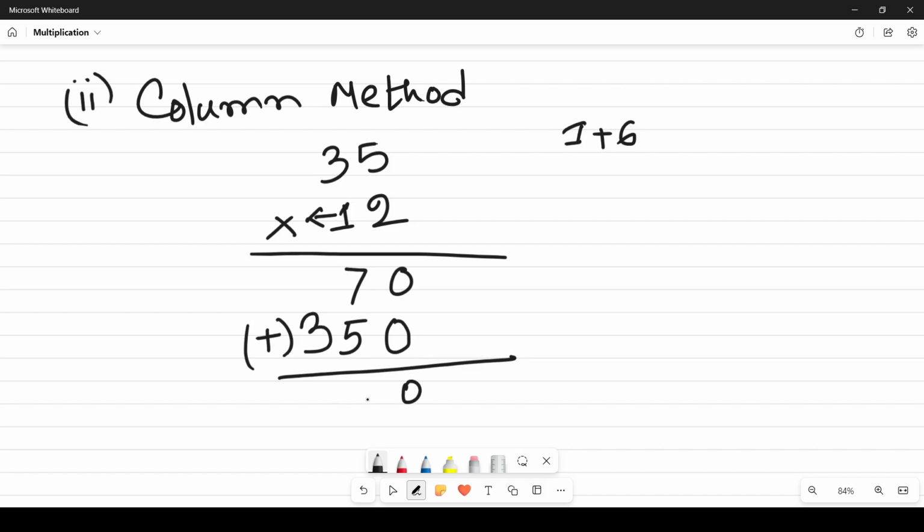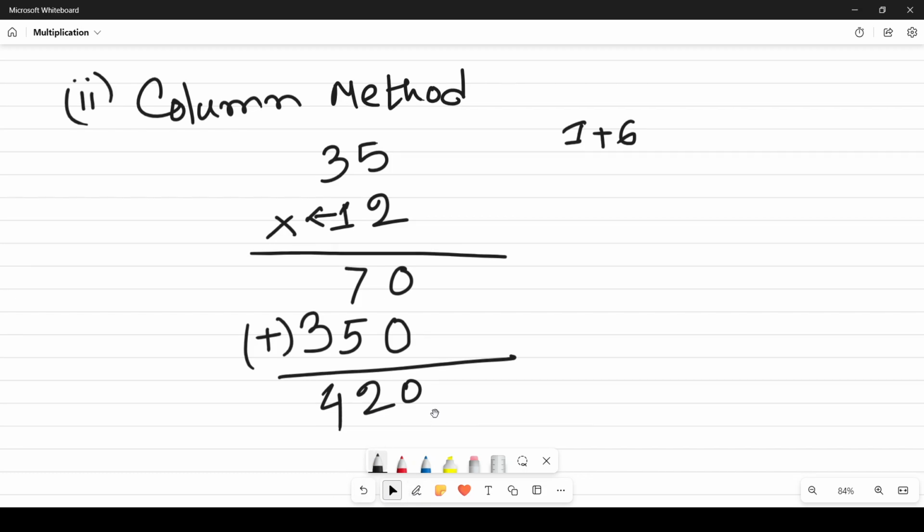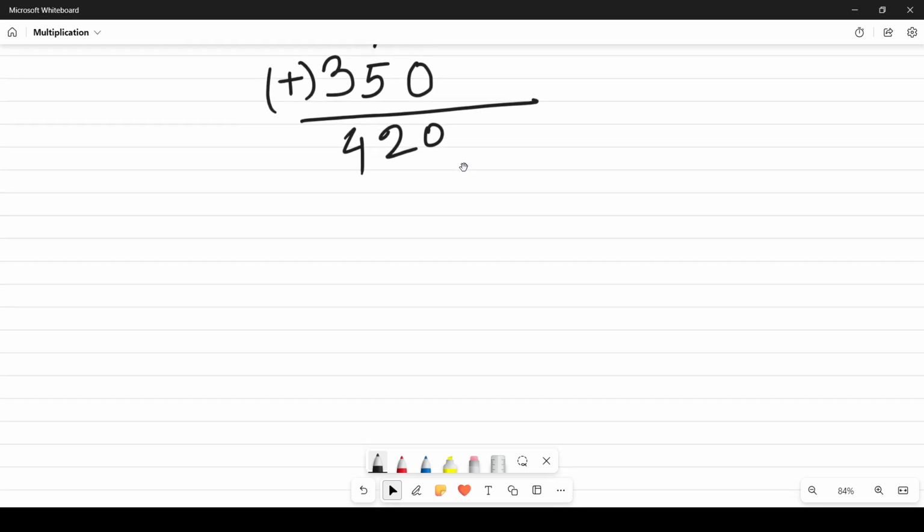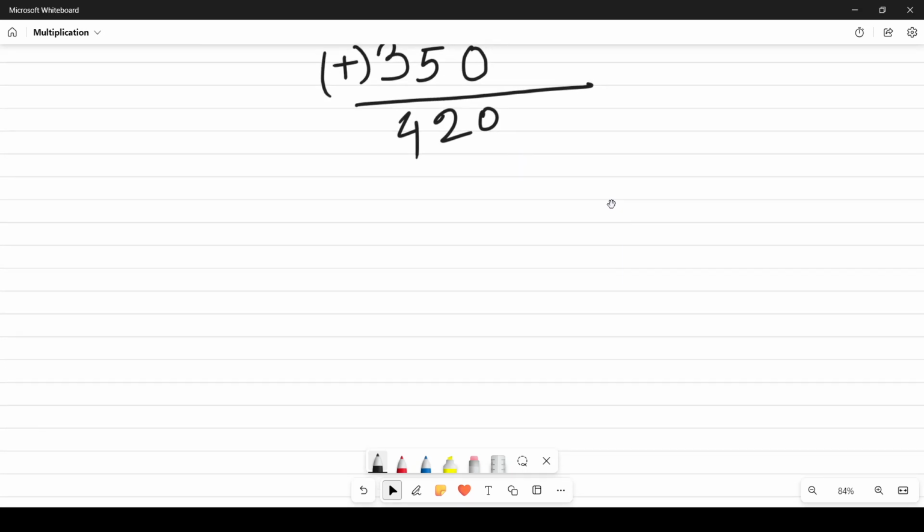What do we get? We get 420. Now we can multiply large numbers with this column method easily. And how do we do it? Let's take two large numbers, right? Let's take 1572 and then